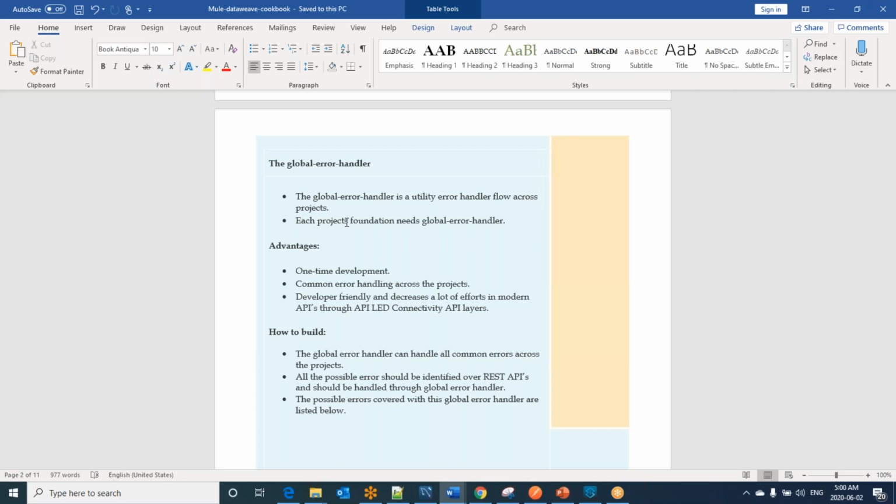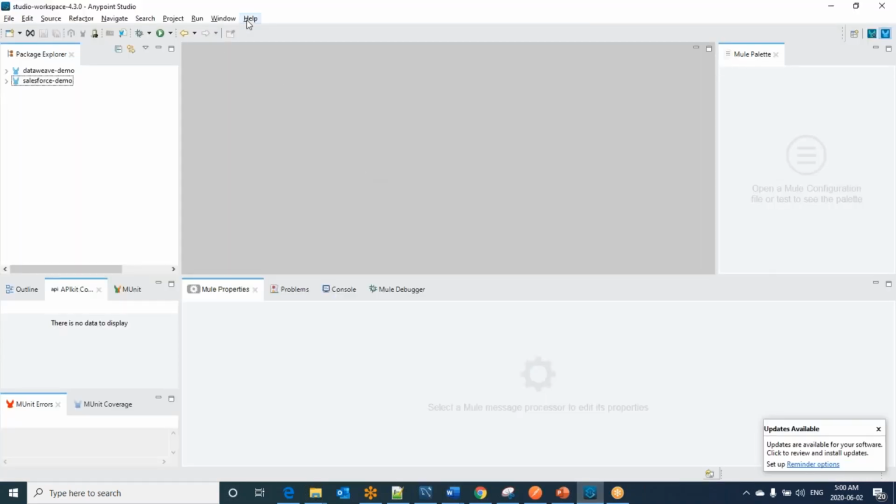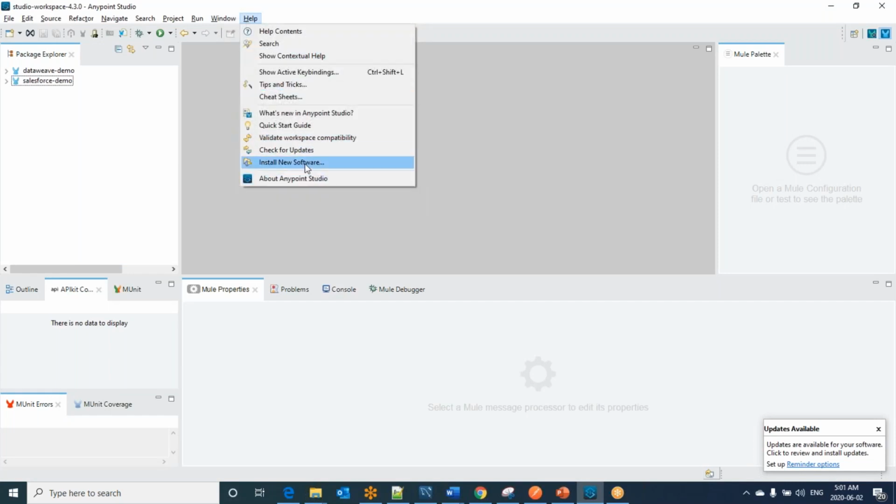For that you need to download the latest Anypoint Studio, or you can upgrade your runtime in your existing studio by going to Help, Install New Software, then you can install the new runtime version. I would suggest downloading the latest Anypoint Studio from MuleSoft rather than updating the runtime in the studio.